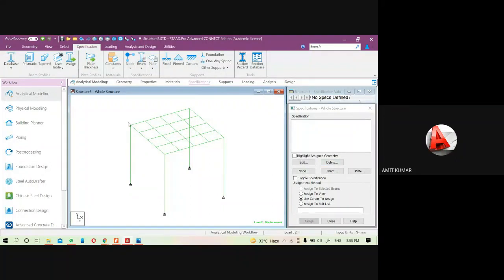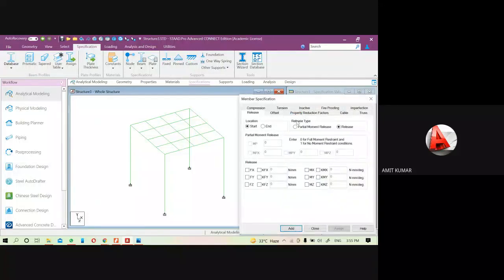This type of member release can be done on the beam, so we have to select the beam here, and here we have the release option. Is it going to release from the start point or from the end point, and is it a partial movement release, or is the release type release? Then you have to select this value according to that. Then you have to select the beam where you want to release. That is the procedure of release.